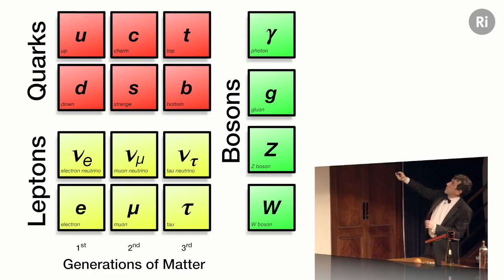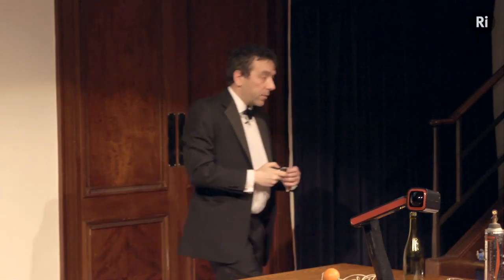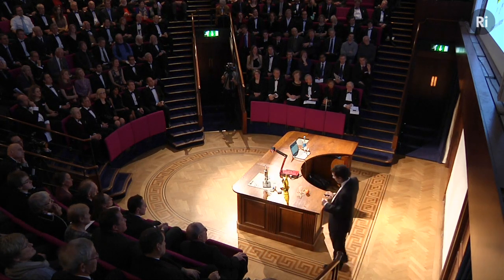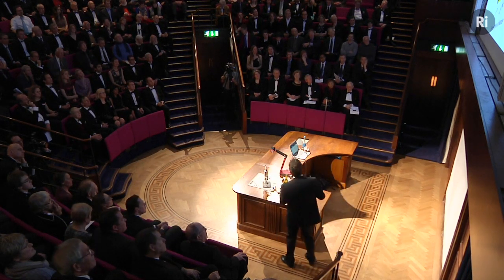These are the fundamental particles. For some reason, these are repeated 3 times. I'm going to spend most of my time talking about electroweak symmetry breaking, as it says in the title. So I'm not going to talk about why these are repeated 3 times. LHCb, another experiment on the LHC, is doing some work on that. I would not like you...